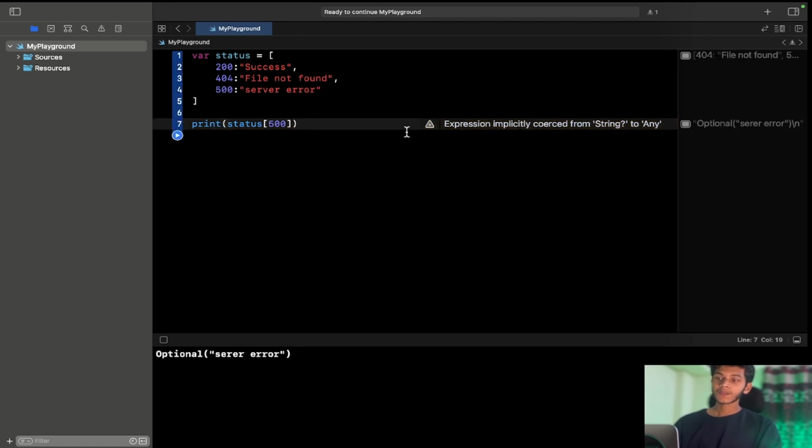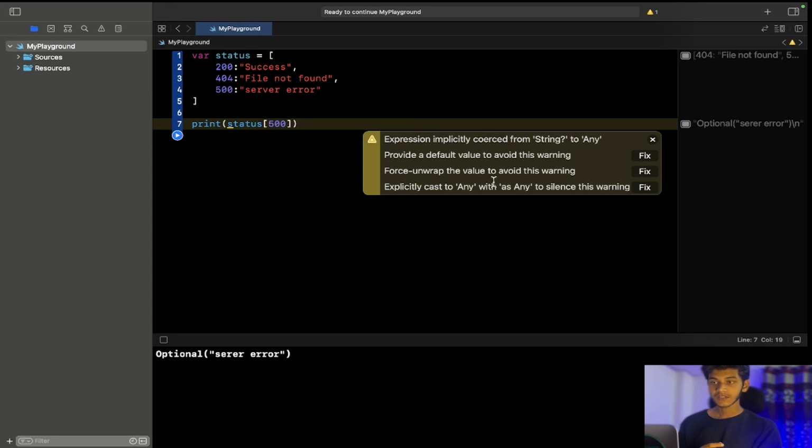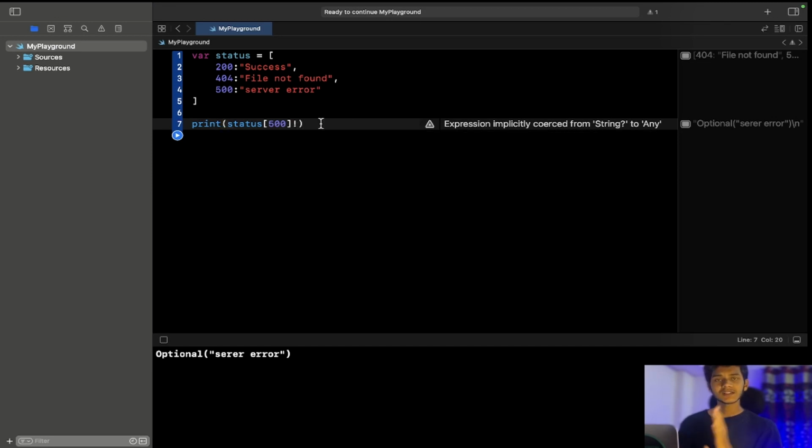We get this optional because Swift is saying, if 500 is present, I will give you the output for that 500 key. But what if 500 is not present? If I click on this force unwrap fix, this will add an exclamation mark, which is saying, you don't worry, I know 500 is there in that dictionary, you just print it. Now if I run this,